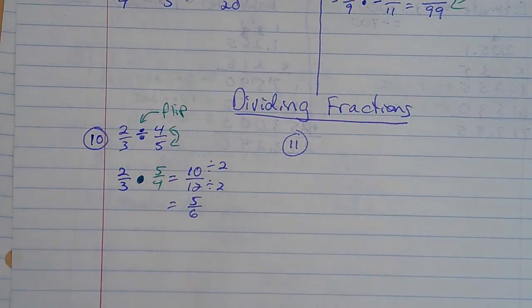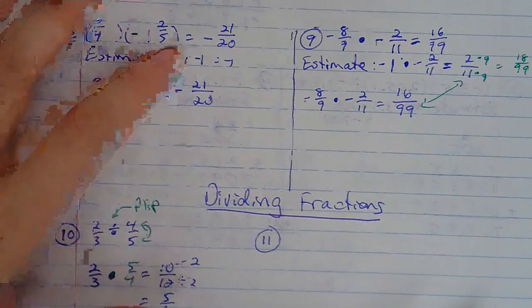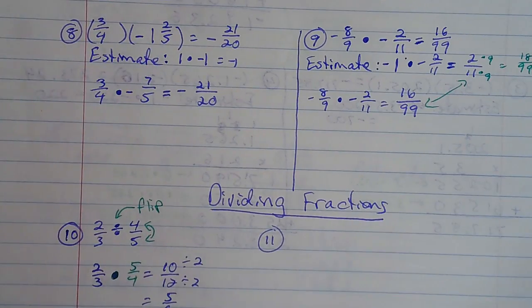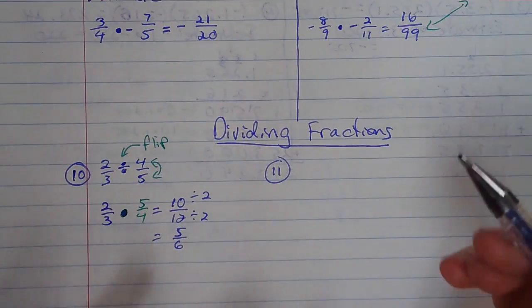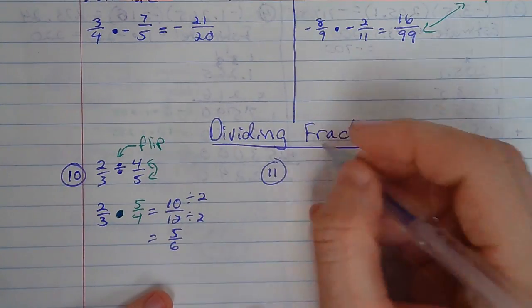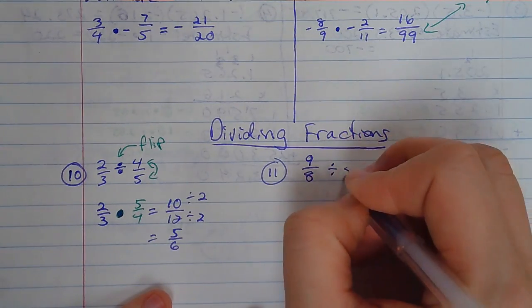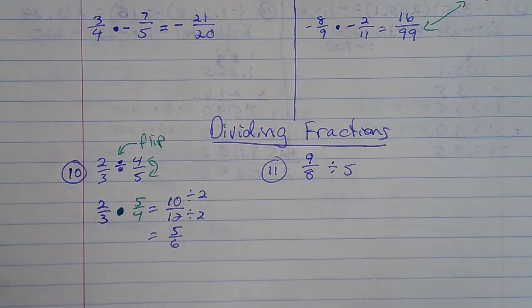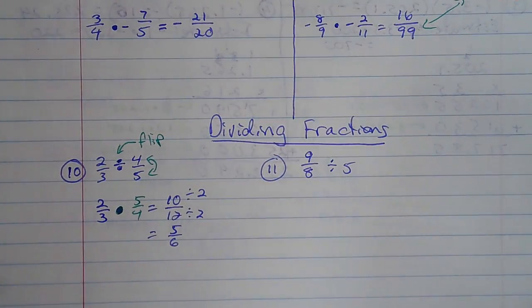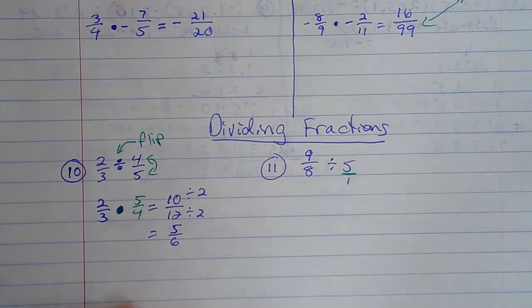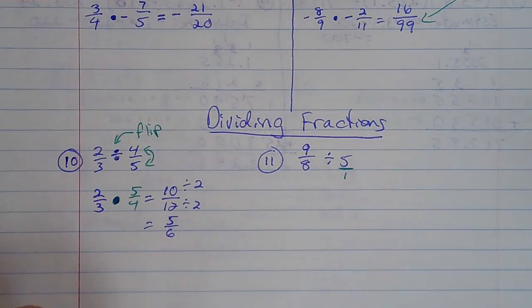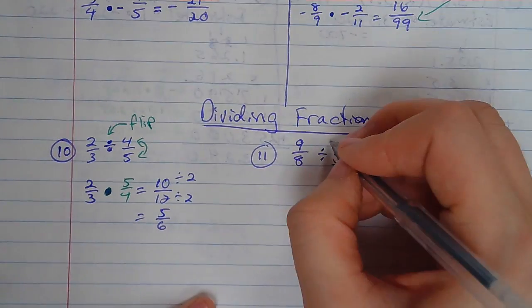Or if I were to give you a mixed number, you would do the same thing as for multiplication, of course, because it's really the same type of problem. But let me just show you this. See, I do 9/8 divided by 5. And then think, what is the reciprocal of 5? If you need to, go ahead and make it look like a fraction. 5/1 is still 5, and it just looks like a fraction now. So I'm going to flip this